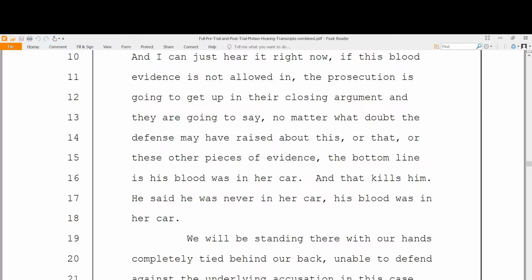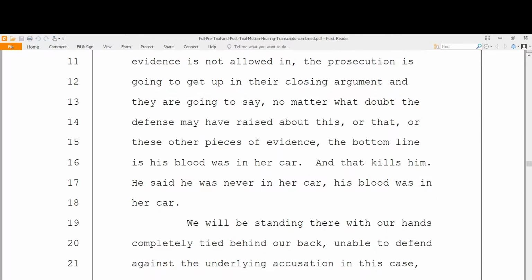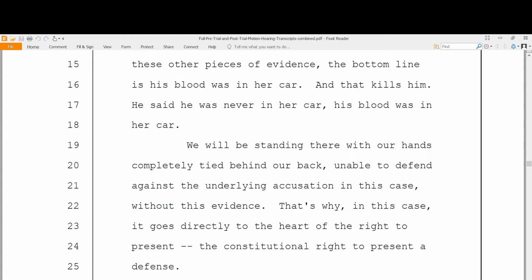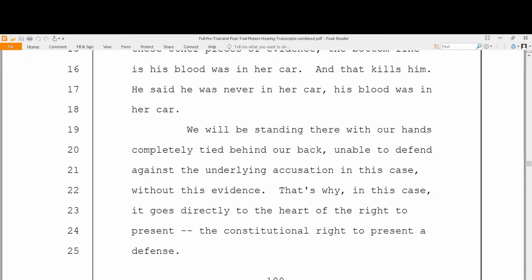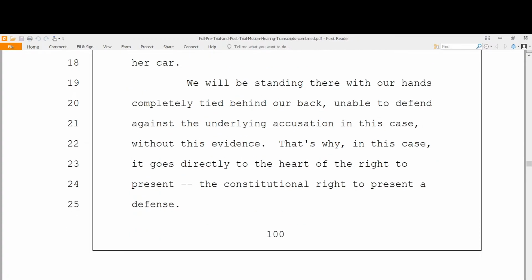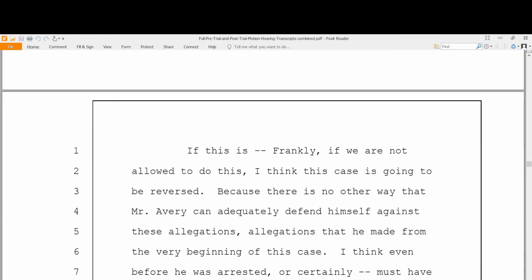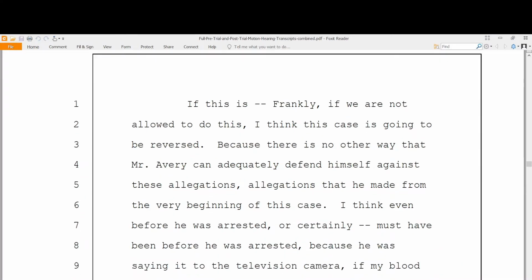He said he was never in her car. His blood was in her car. We will be standing there with our hands completely tied behind our back, unable to defend against the underlying accusation in this case without this evidence. That's why, in this case, it goes directly to the heart of the right to present, the constitutional right to present a defense. If we're not allowed to do this, I think this case is going to be reversed, because there is no other way that Mr. Avery can adequately defend himself against these allegations